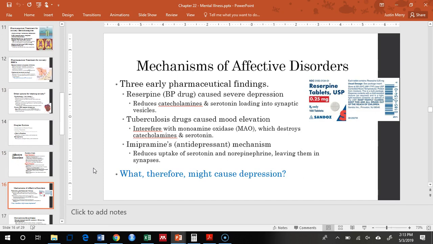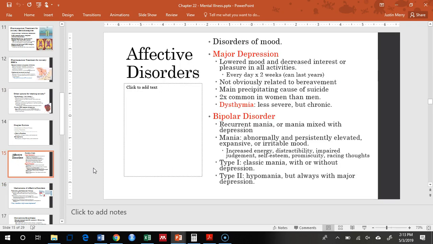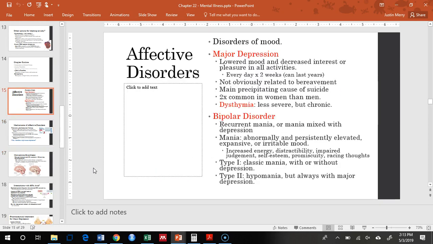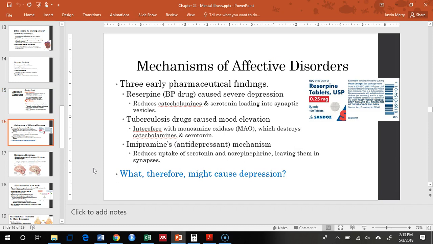Okay, so what is the monoamine hypothesis? This is coming from this discussion of affective disorders. Let me make sure I'm right. Yep. So we're looking at major depression. We're looking at bipolar disorder. And the way I approach this, as your book does too, is if we're trying to understand what's causing affective disorders, what's causing disorders of mood,